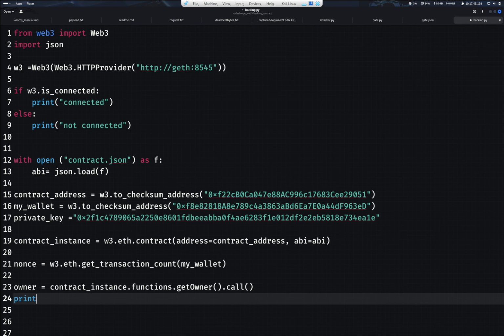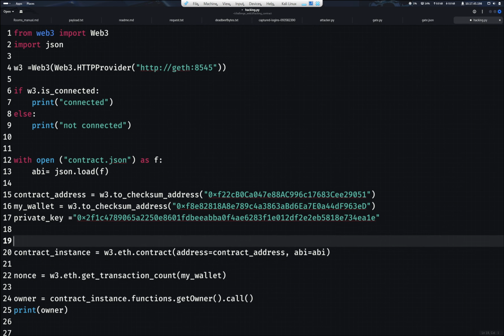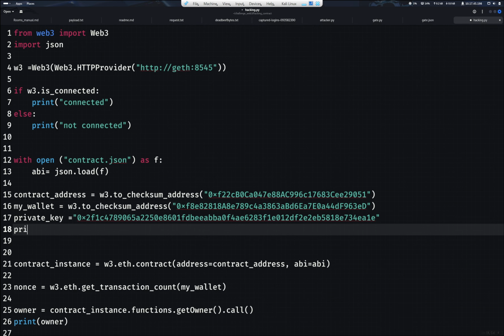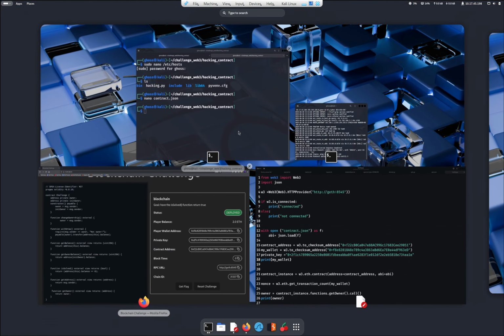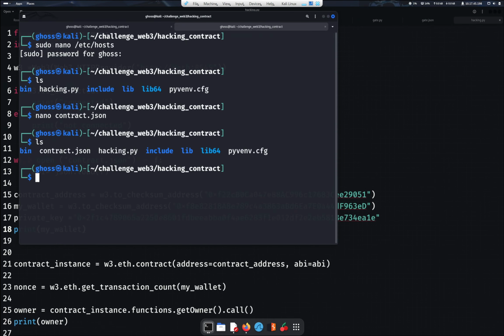Now we're going to print the owner, and let's also print my wallet so we can see the difference. Okay, let's run this code. Ls, what's the name? It's python3 hacking.py,